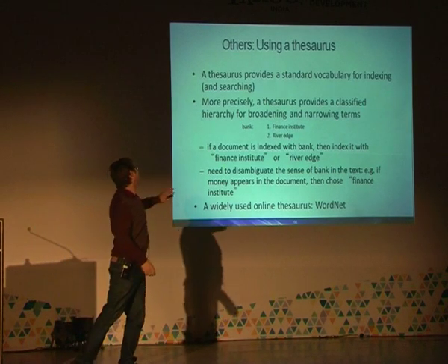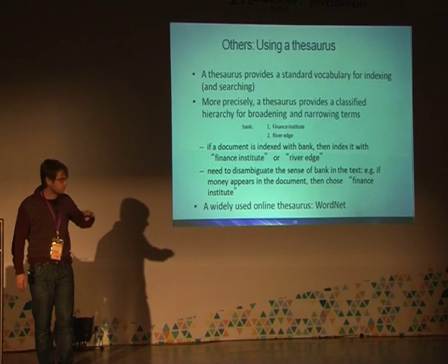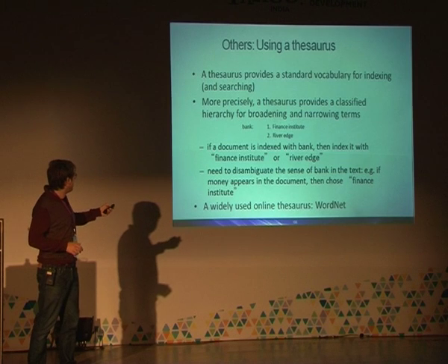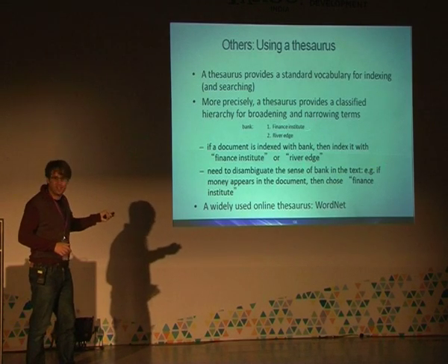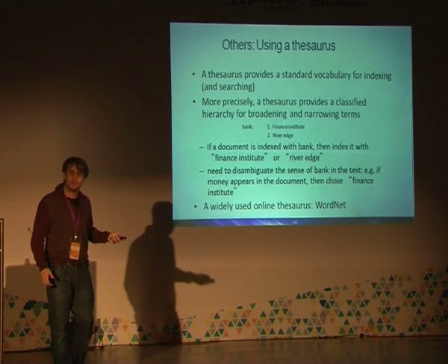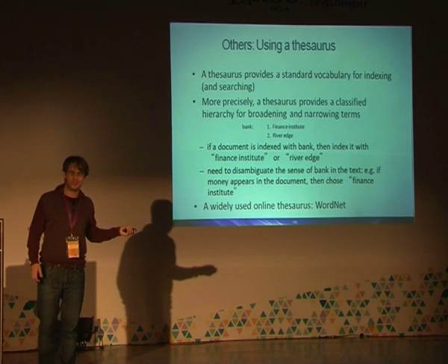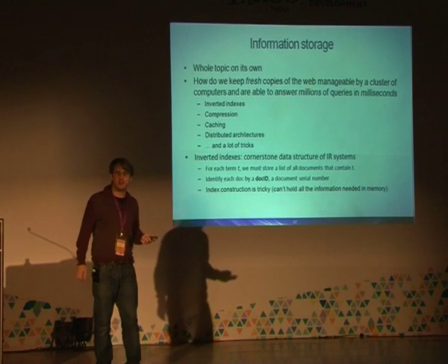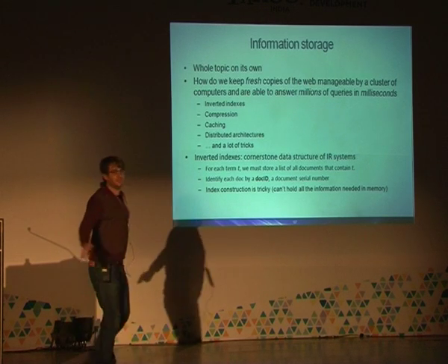And then using a thesaurus. So I want to bring this up because it has a lot to do with semantic search. And it's essentially saying that, if you know that the bank in the document talks about the finance institute and not the river edge, then you just link it to this entry here. Right? And now you're putting semantics in place. Okay? And hopefully you'll learn from Ed how to do this thing efficiently tomorrow. That's pretty smart. I can make the search engine look pretty smart already. Right, done with representation.